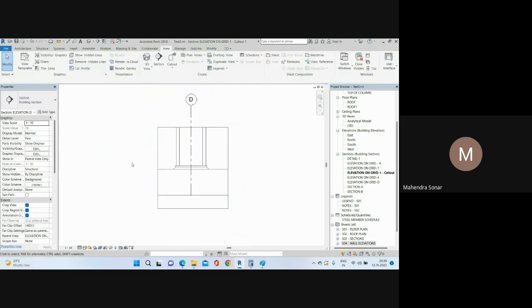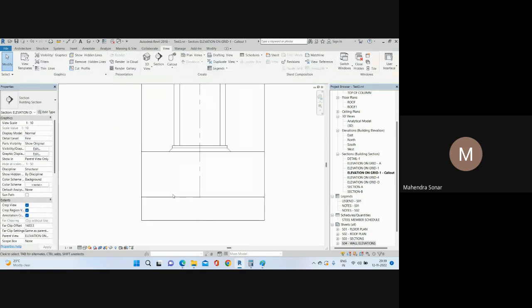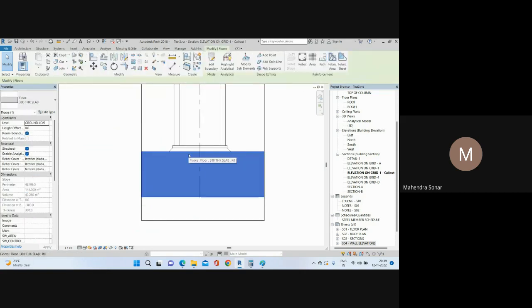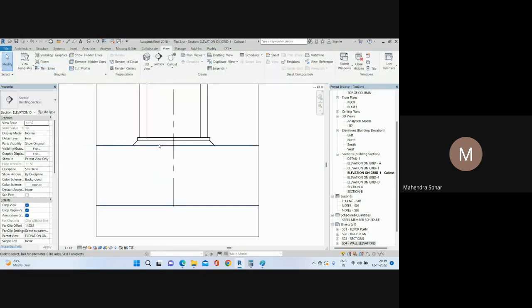The same thing, this part I don't want to show, because this is the concrete part. Okay, I want to show only the steel connection here. So if I go here, you can see,